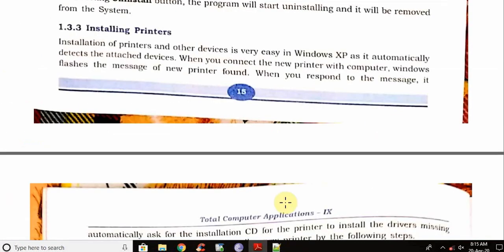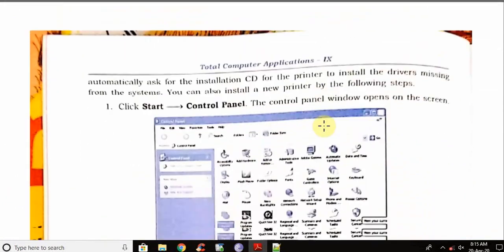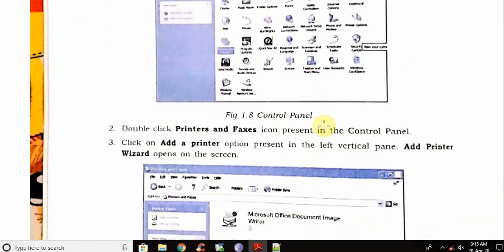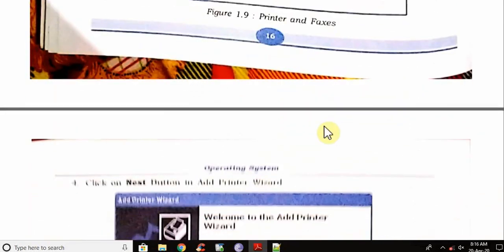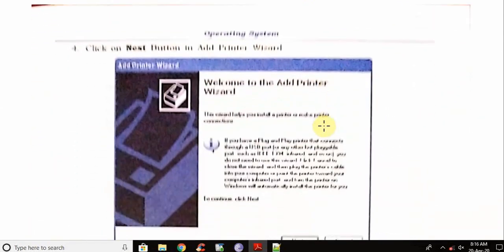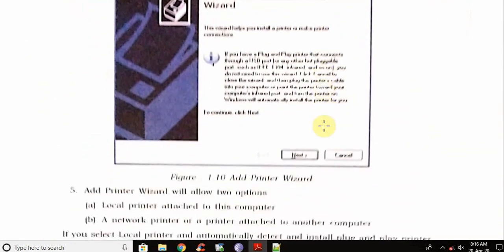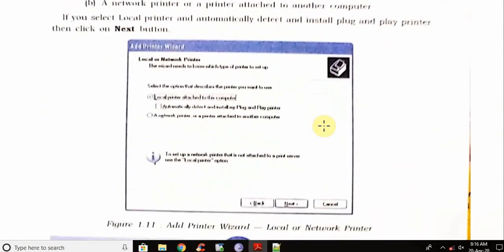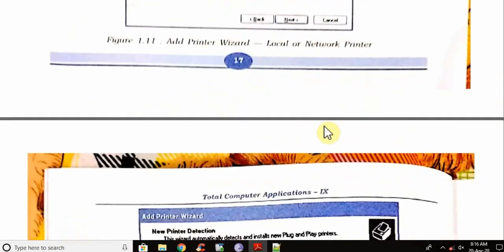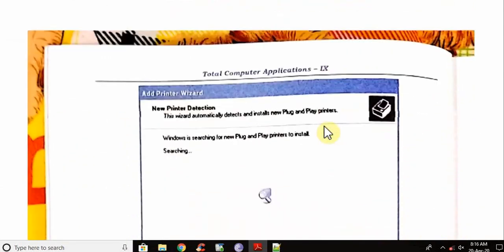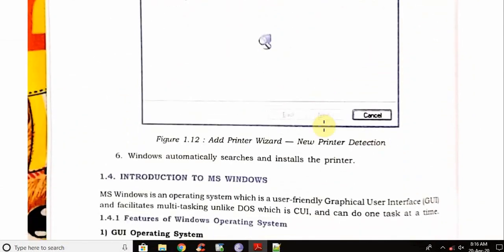Now let me cross it and go to another point. These points are basically the same. If you have the printer, then these options will be available to you. If you do not have a printer, then the next option will not be available to you.